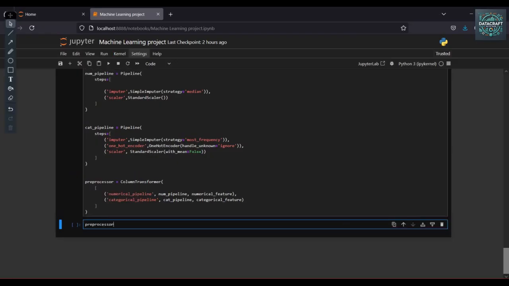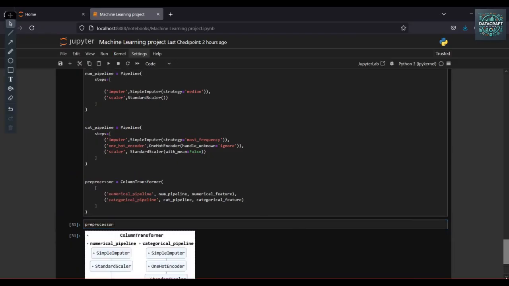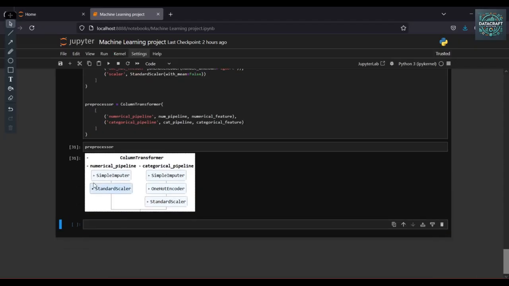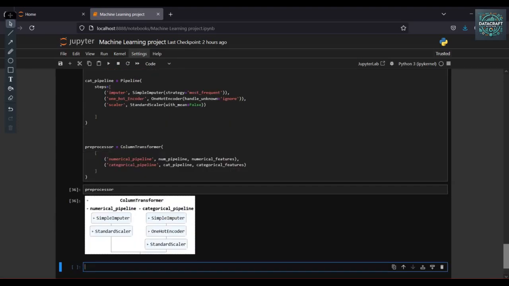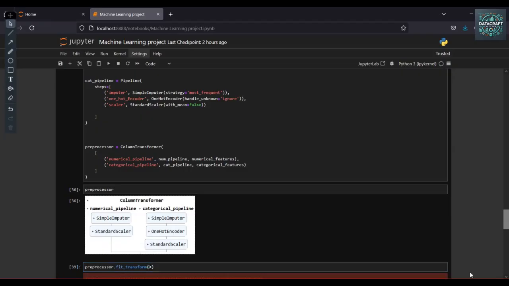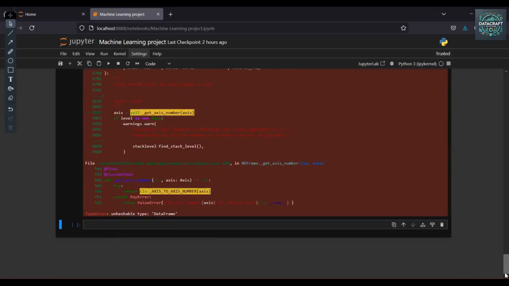Preprocessor. Okay. So our numerical pipeline is a SimpleImputer and StandardScaler, and the categorical one is SimpleImputer, OneHotEncoder, and StandardScaler. And then next I need to fit and transform this data. So preprocessor fit with respect to X. What is the error?